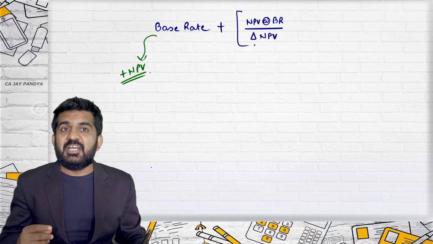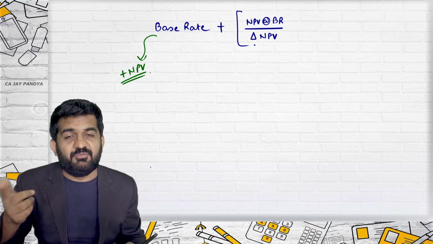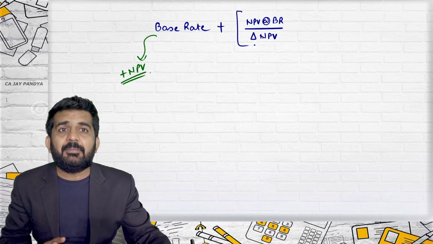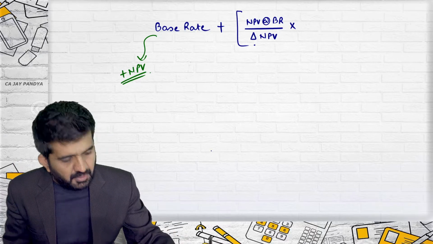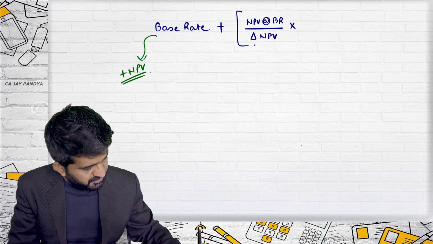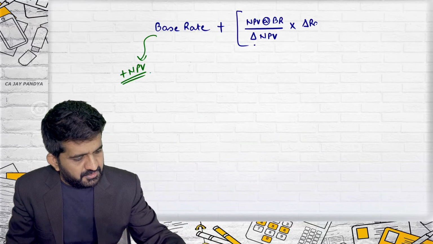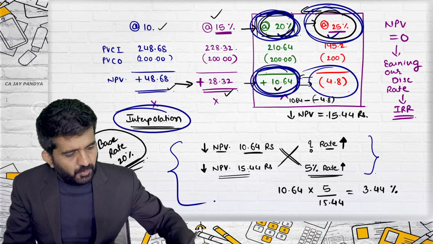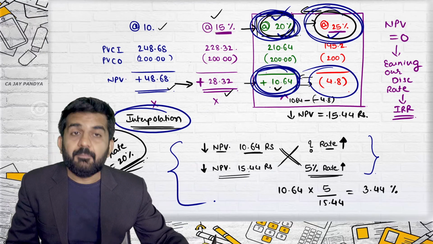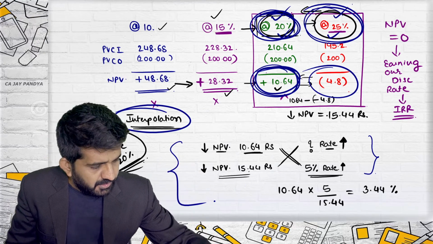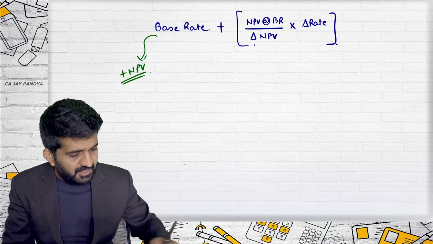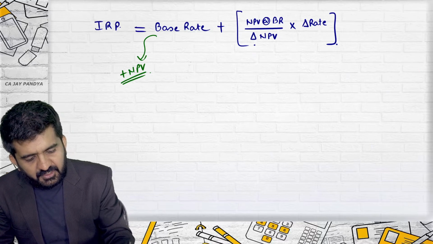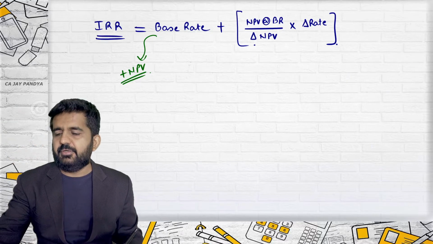Yes, difference in NPV ultimately plus, because one is plus sign, one is minus sign, and minus minus will become plus. So ultimately it will be added. But in technical mathematical terms, it is written as difference in NPV multiplied by, what is this? 5, which is nothing but difference in rate. And from now onwards, if you are having one positive rate, the rate at which there is a positive NPV, and a rate at which there is a negative NPV, you can directly use this formula and get the answer of internal rate of return.